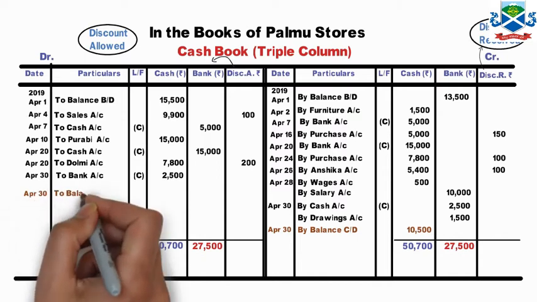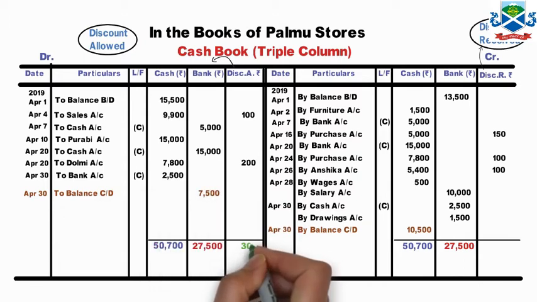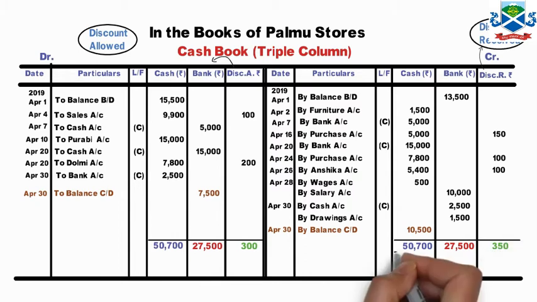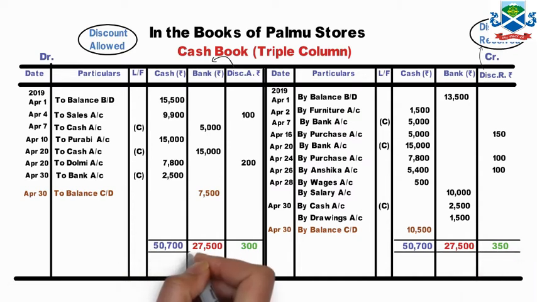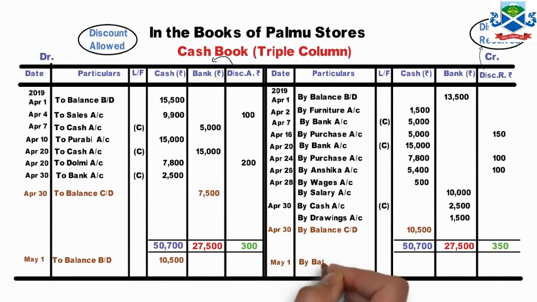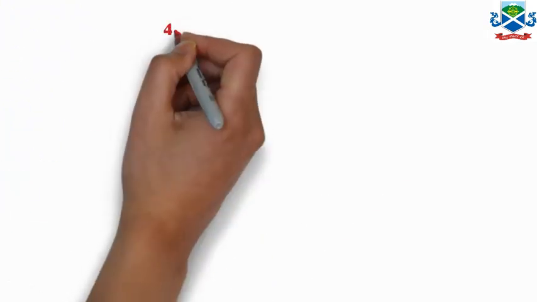That's why we'll first do the credit total and take this figure to the debit side. We'll write balance CD. It's a shortage figure in the bank debit side, so 7,500 we'll put on the debit side. Now discount allowed will be added and discount received will be added, no balancing, so they remain as they are. Now the respective balance CD will go to the opposite side. Like cash, we have credit side CD, so it will come on the debit side BD, and bank we have debit side CD, it will come on the credit side BD 7,500. That shows the overdraft, still an overdraft in the cash book bank column.